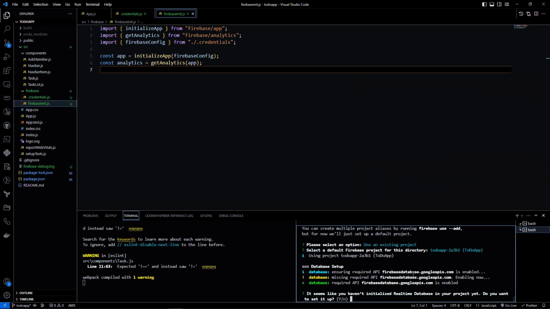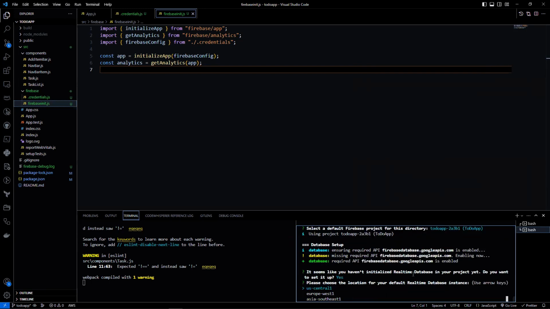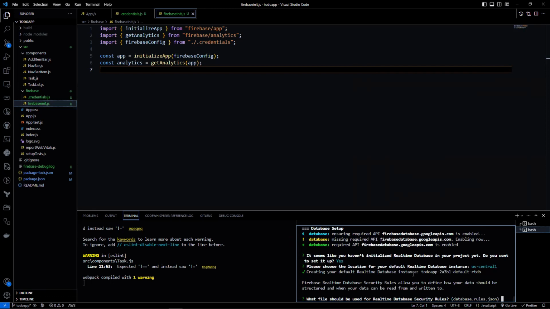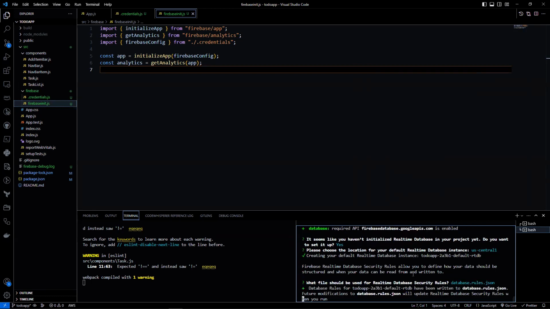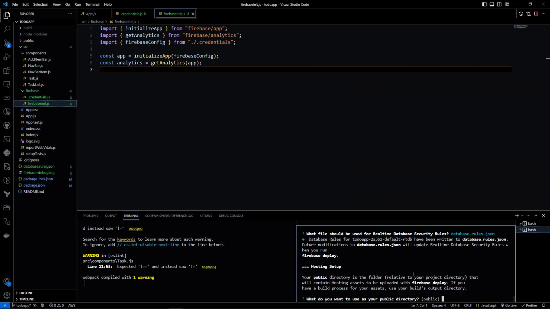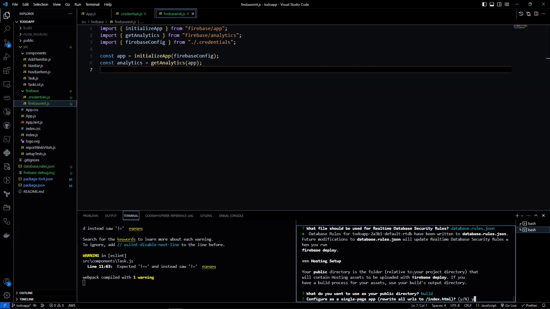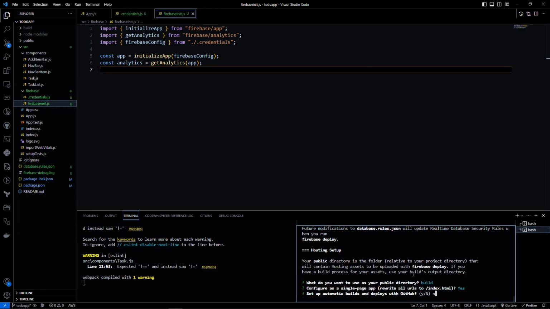Hit yes to set up real-time database. You can choose whichever location you want, but for the purpose of this project, I'll be selecting US Central 1. This would be creating the rules for the database. And we would want to use the build folder as the public directory. We would choose yes for this option and no for the GitHub deploy.